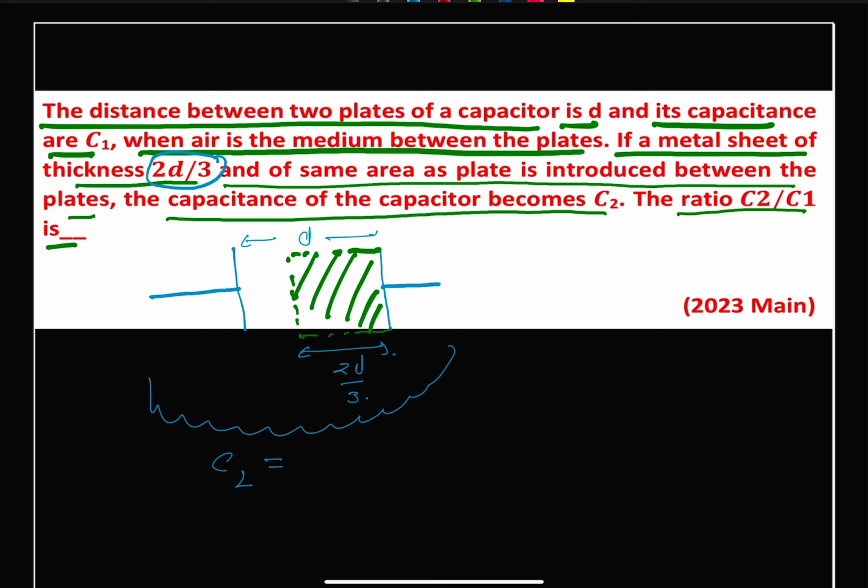So this C2 is, you can say, the total capacitance. But this space is filled with air, and when air is present, we call this